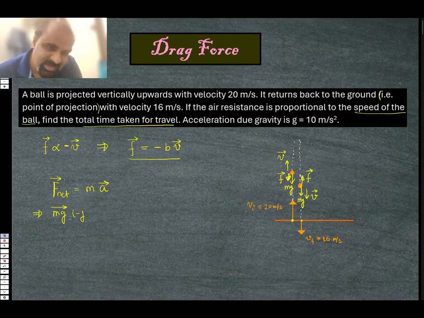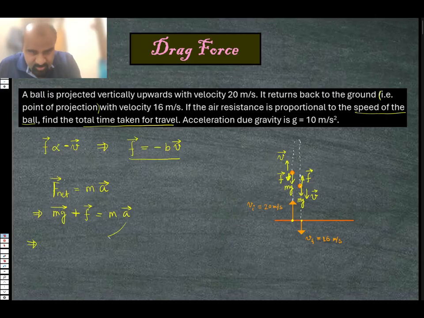That's fine, but deliberately I'm going to write it like this. So mg vector plus this air resistance vector. Now since I'm writing it with vector sign, plus automatically means negative while going up, is equal to mass into acceleration. So I'm going to move it on this side. So acceleration vector is equal to g vector, because I'm going to divide it by m, so m gets cancelled here,